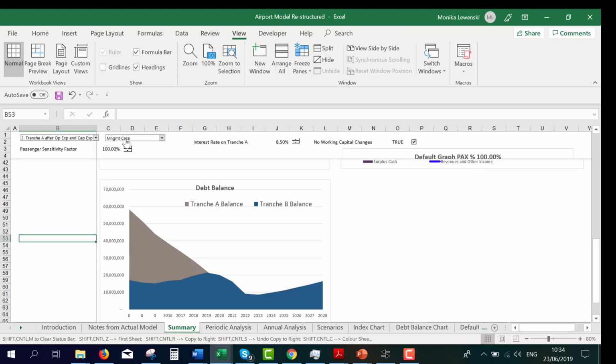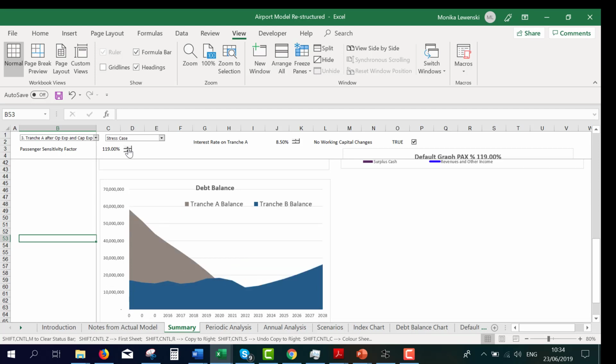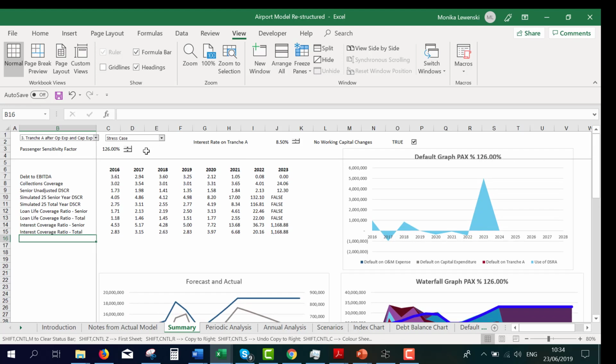And in the management case, everything gets paid off fine. In the stress case, we paid nothing, and nothing got paid off. And in the stress case, we can put how much the traffic would have to be more than what we thought to finally get it to pay off. That's an illustration, really, of what you can do on the models. I should put a little reset button here, I think, but I'm not going to. All right, and I think that's it.